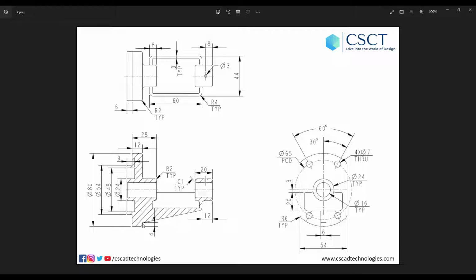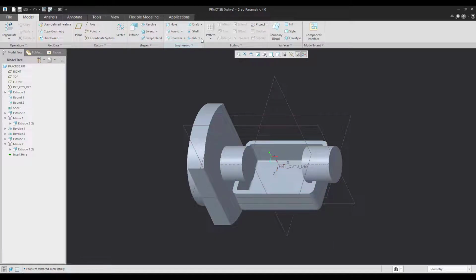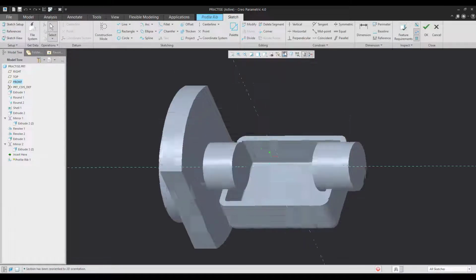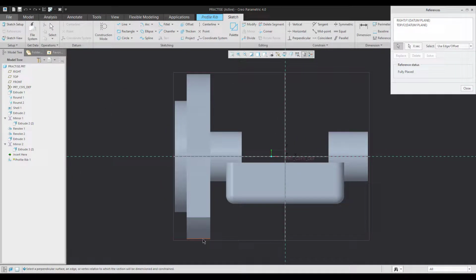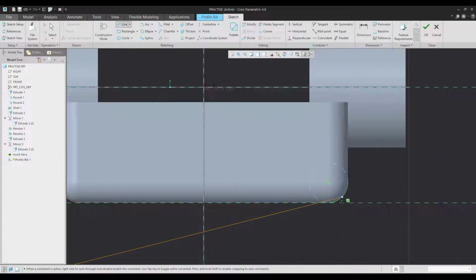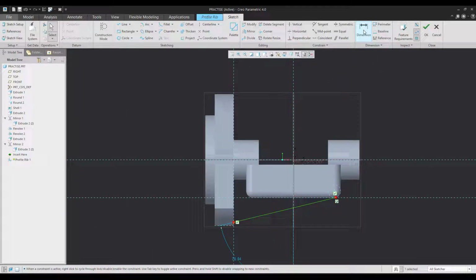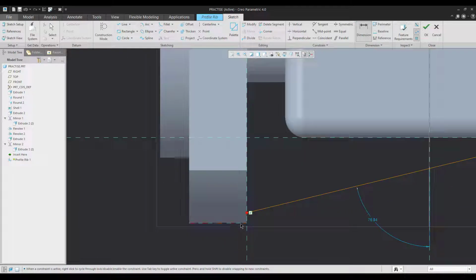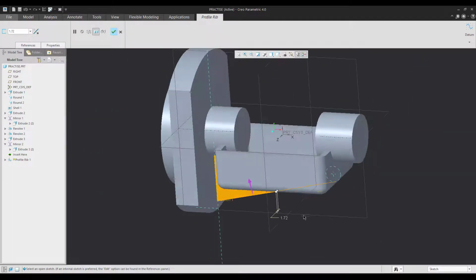Now there is a support exactly at the center of 6, which is your rib. So I'm trying to use a profile rib. Let me get my references correct and let me try to create the feature. Now we know the distance from this center to this is 4. The thickness of the rib he has mentioned in the drawing is 6. This will be a